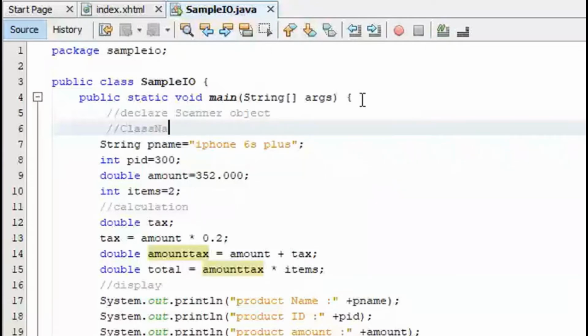This is going to be discussed more later. Equal to new. This is the new operator, used to create a new object. New, and then again your class name, the same class name which you have given there. Can you see it? You can just magnify your screen. And then don't forget your system or the parameter.